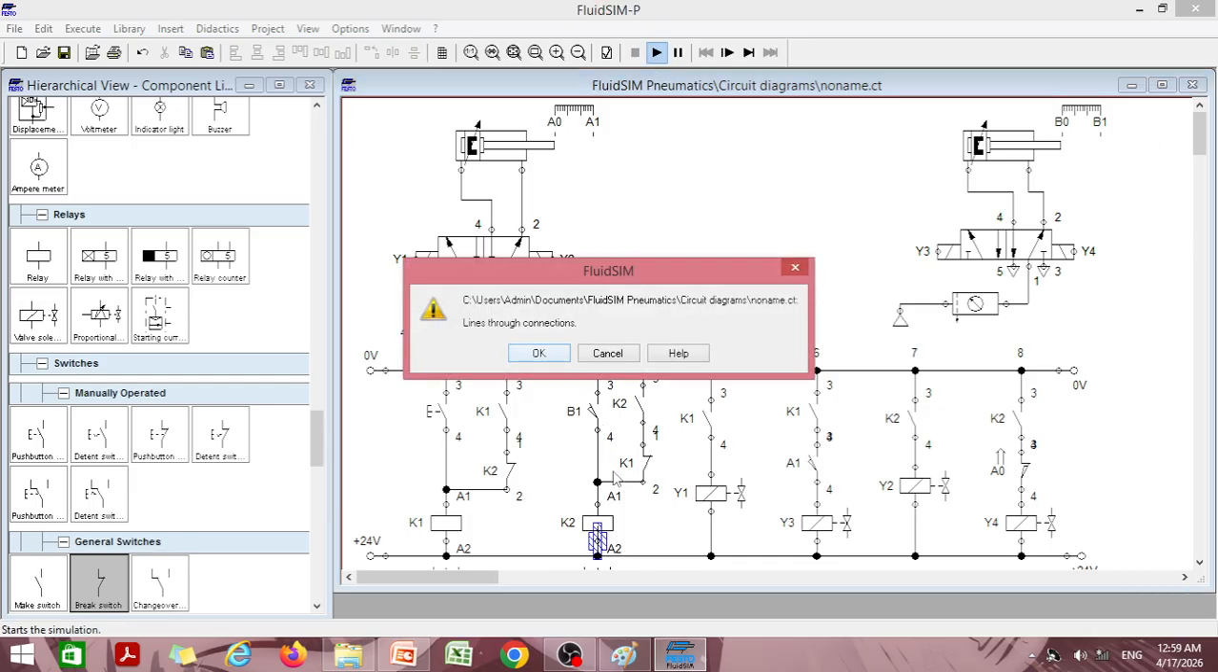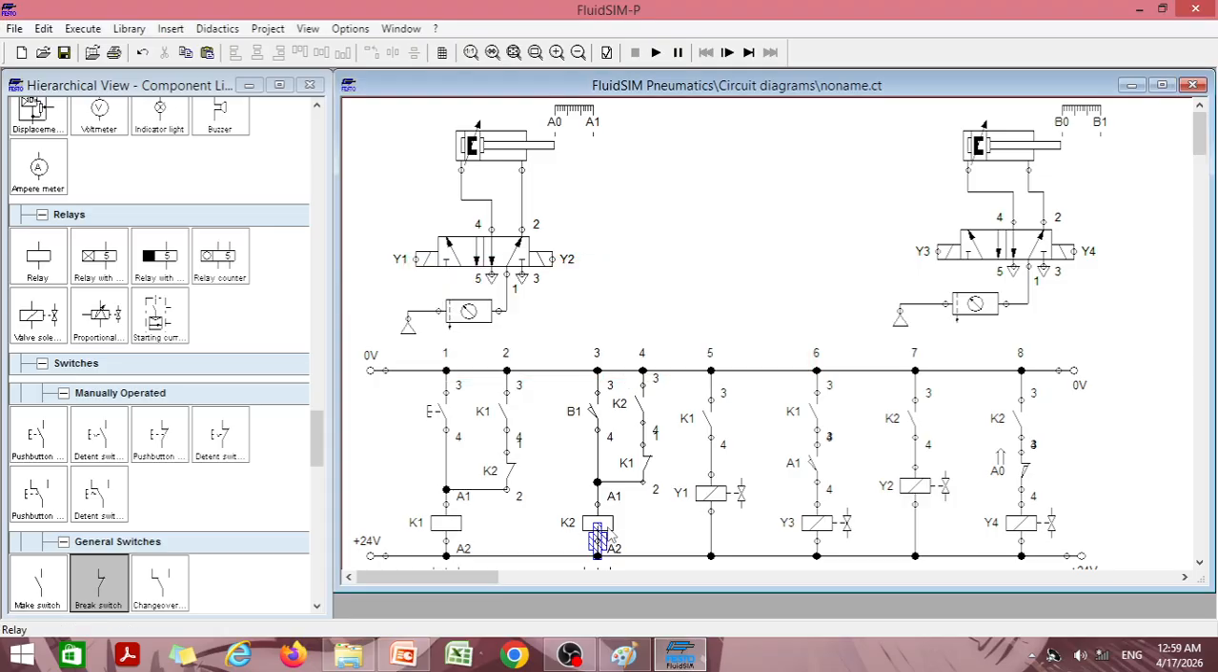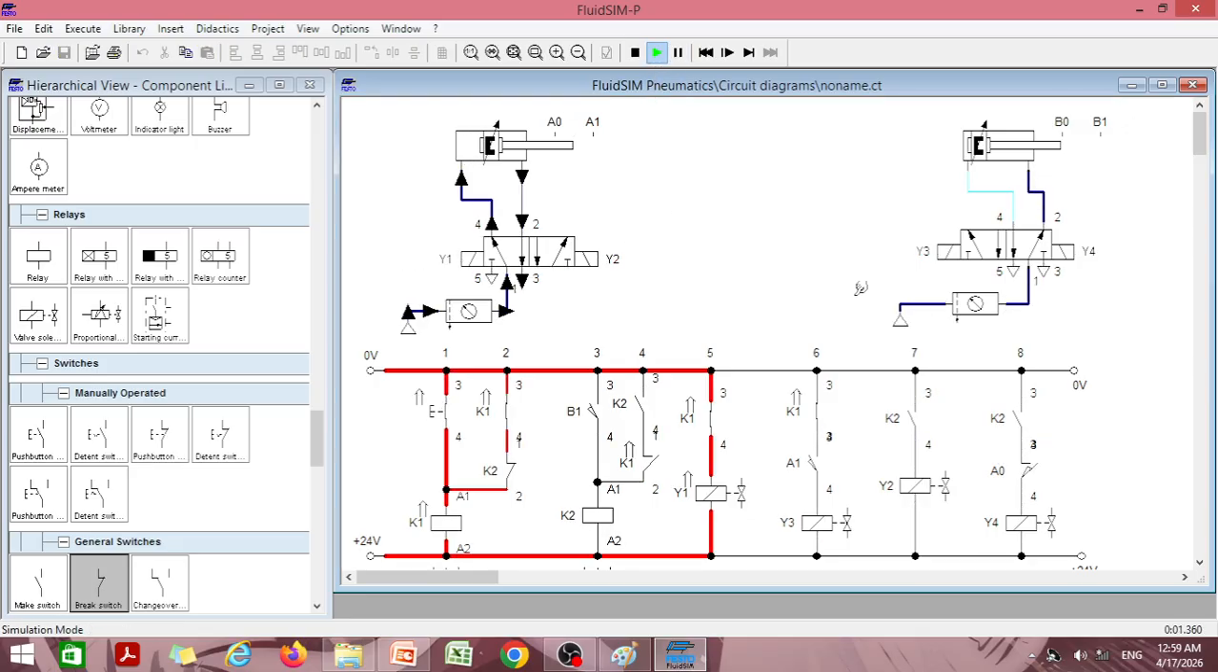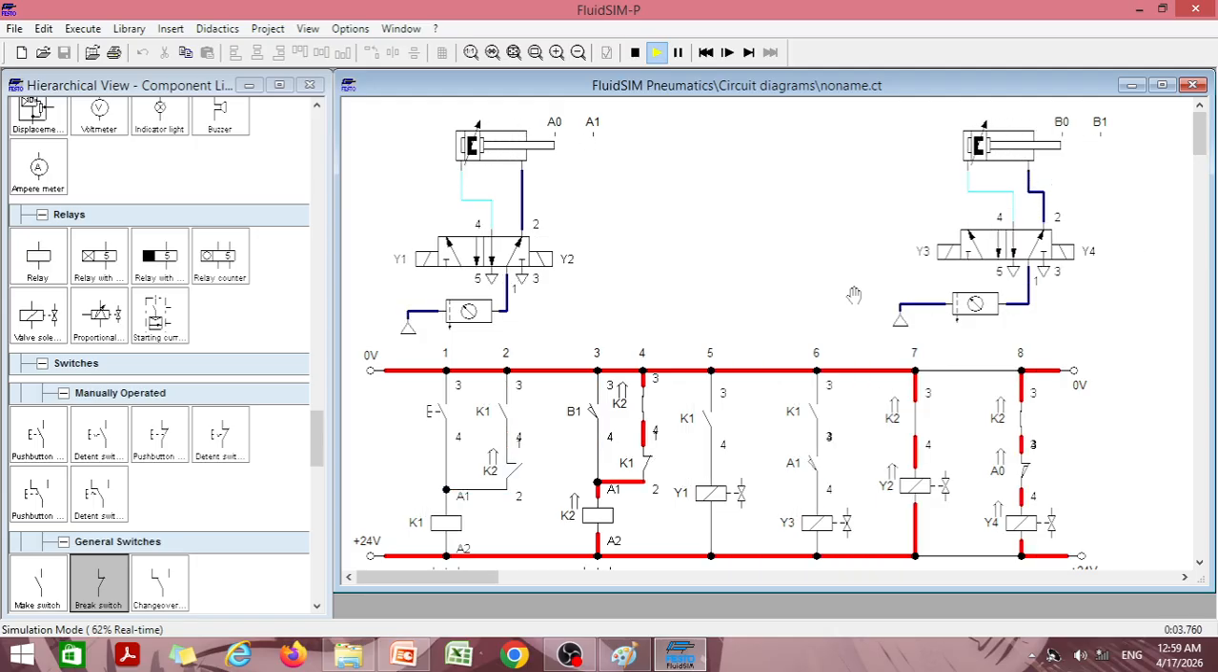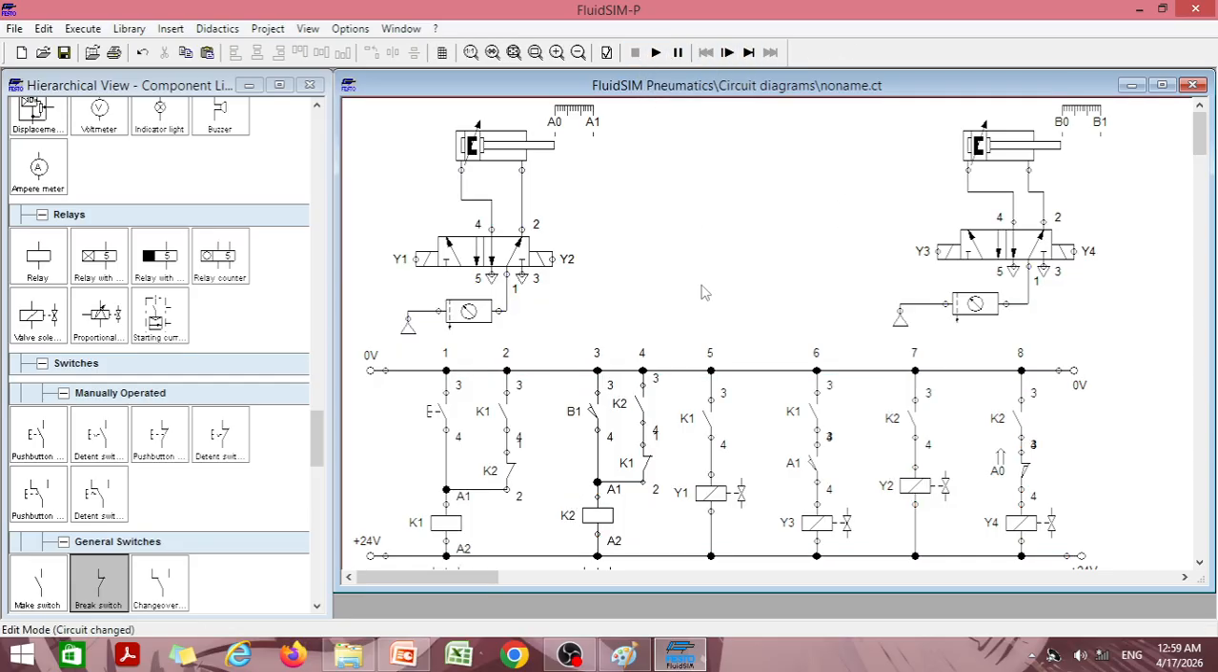Okay, lines through connections, a line is going through a connection, so I'll just delete it and connect it again and just push this button. So A plus, B plus, A minus, B minus will happen. Okay, so that is an electro-pneumatic circuit. Now suppose I want